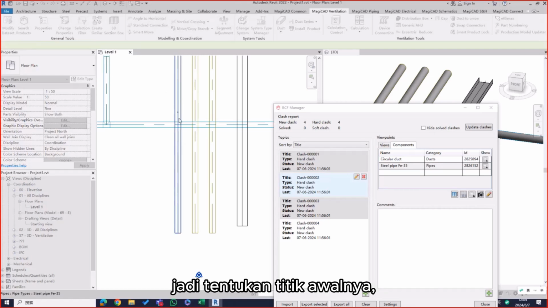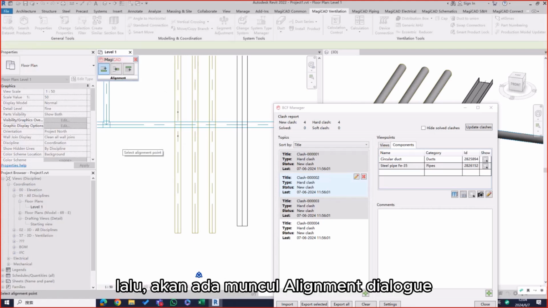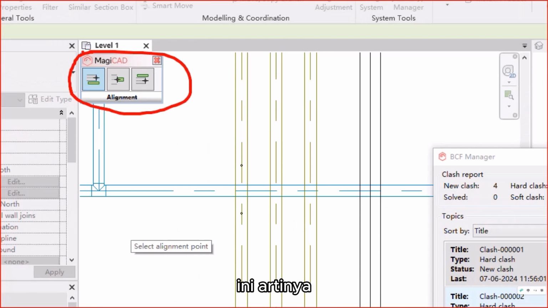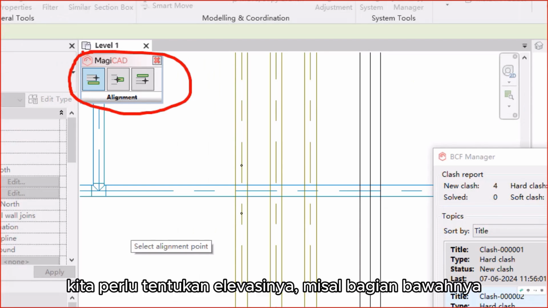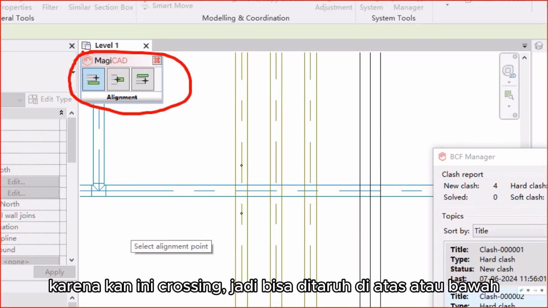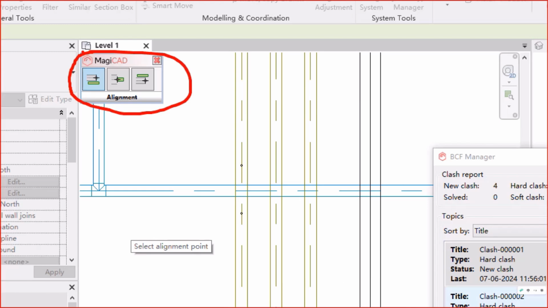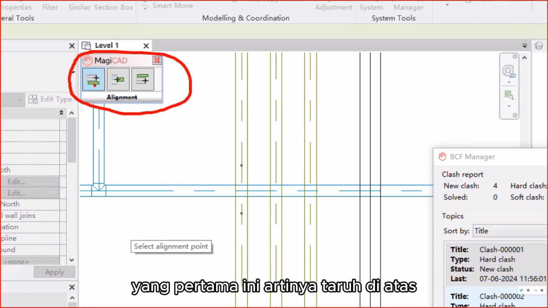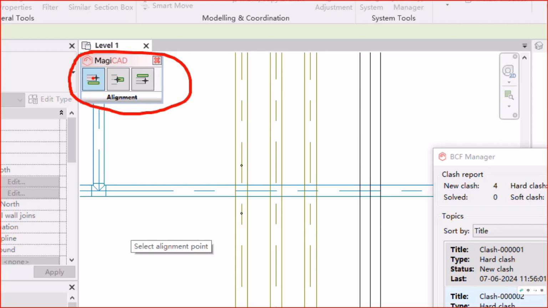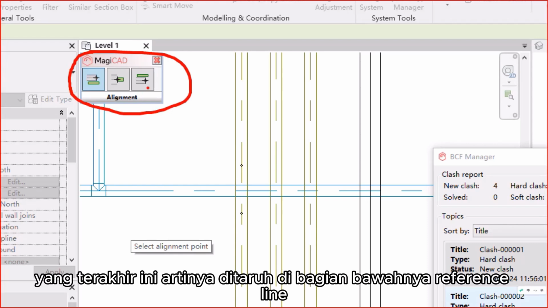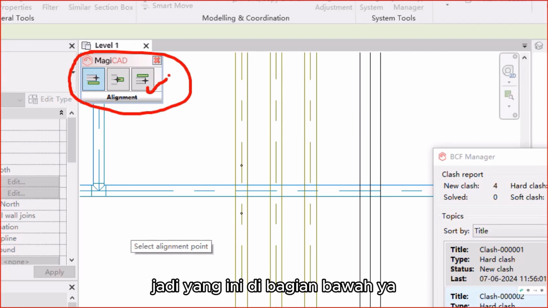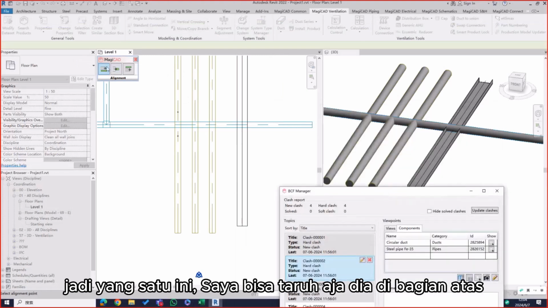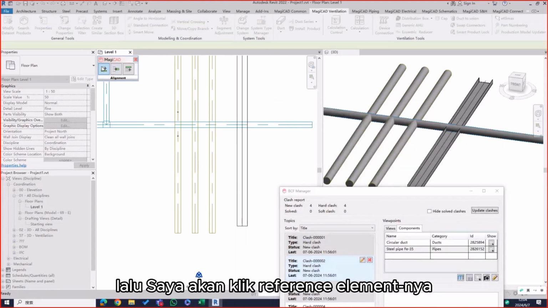So we define the start point, the end point, and then there will be an alignment dialog. It means you should define the elevation. It's like the bottom of or top of the reference one. Because it's a crossing, you should go above or down with the reference one, right? So here is the alignment. The first one means go above, top of the reference one. The last one means downstairs, bottom of. So at this moment, I can just choose top of,